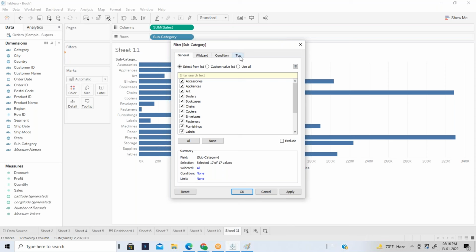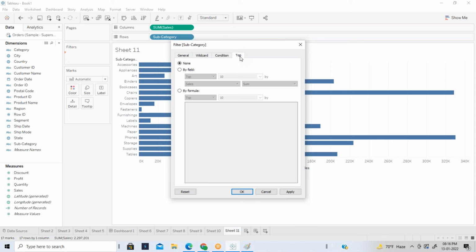There is an option called top. There you can find the top. Okay, and I want to see only the top 5 records.